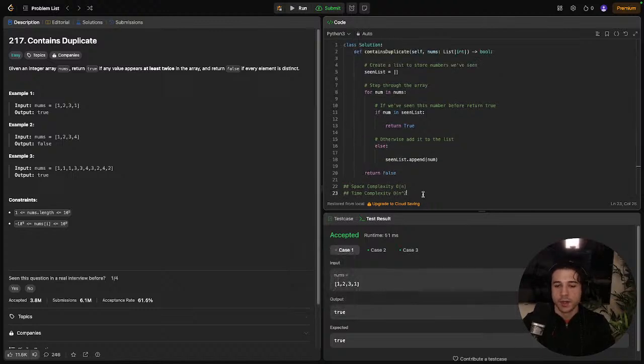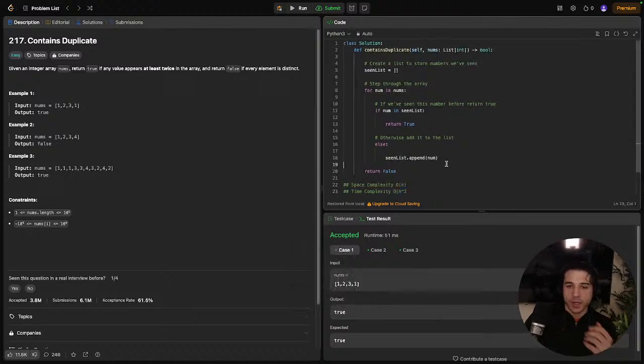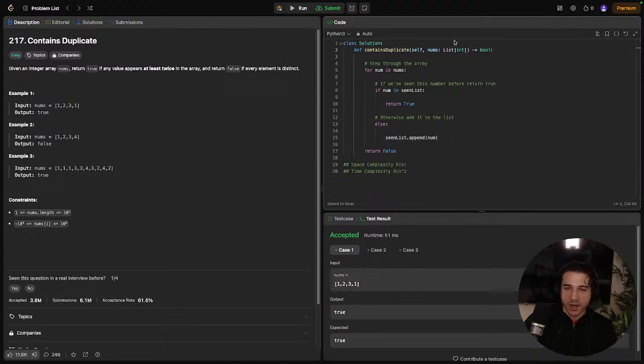So, not good. How do we make it better? Well, instead of creating a whole separate list, we know we don't want to do this. We know we still are going to want to step through the array. So for num in nums, if we've seen this number before, return true. So if we step through it,